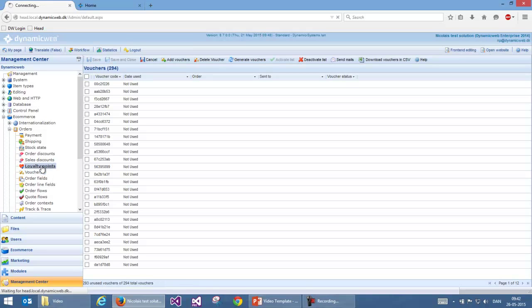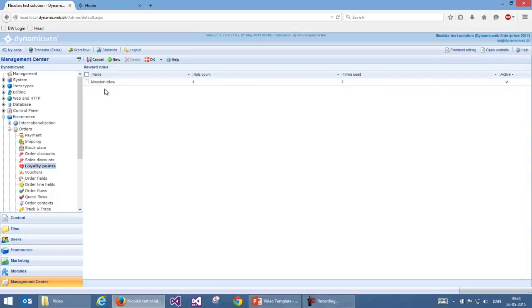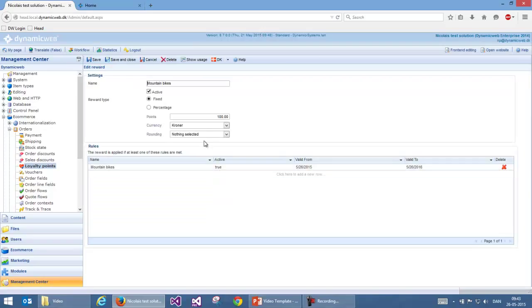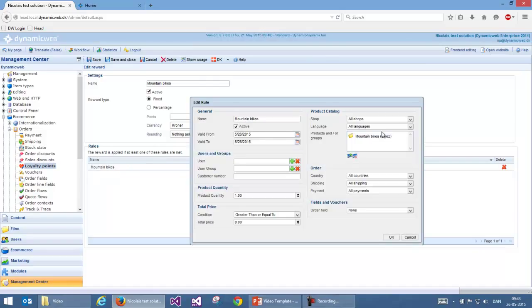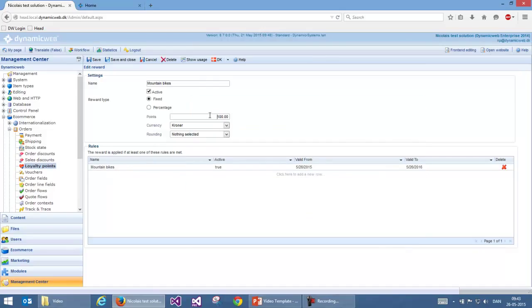On top of all this, I can add a loyalty point system, so I give it the possibility of users that are shopping on my e-commerce solution to maintain or earn some points that they can use later on. So this is a rule that says that if I buy anything in the mountain bike group, I will get 100 points, and these points can be used when the user is logged in, and you can see his point